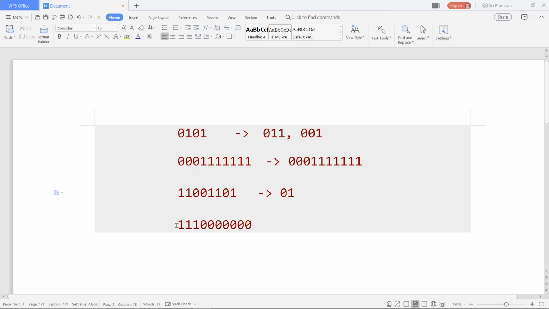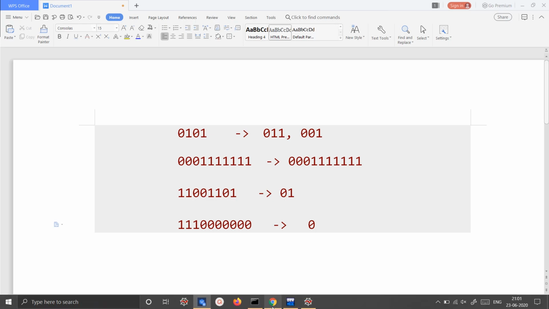And for this test case, you can see there is no 0 from the start, so we will have an empty string, and there is no 1 from the end, so again we will have an empty string, and we will just place a 0 between two empty strings, then our answer will be 0. So from this observation we can now code our solution.